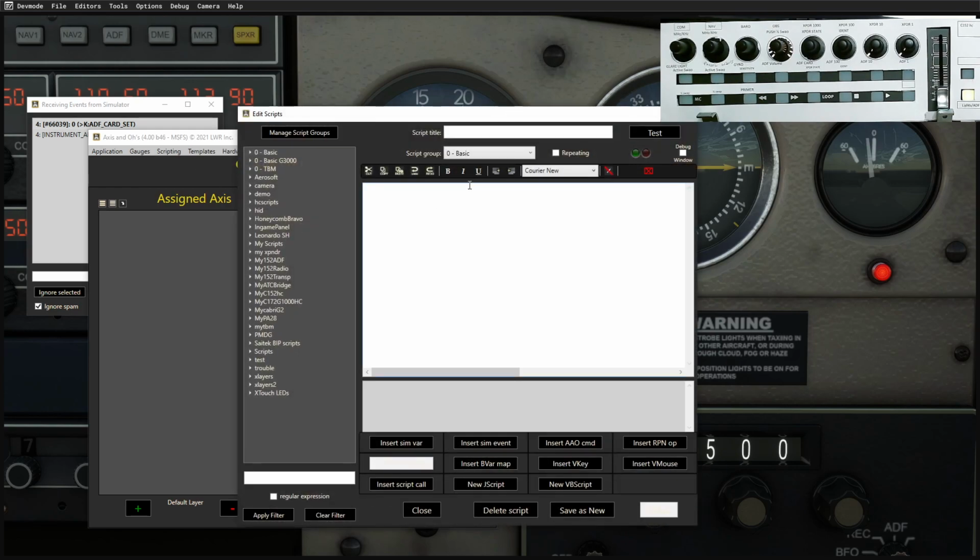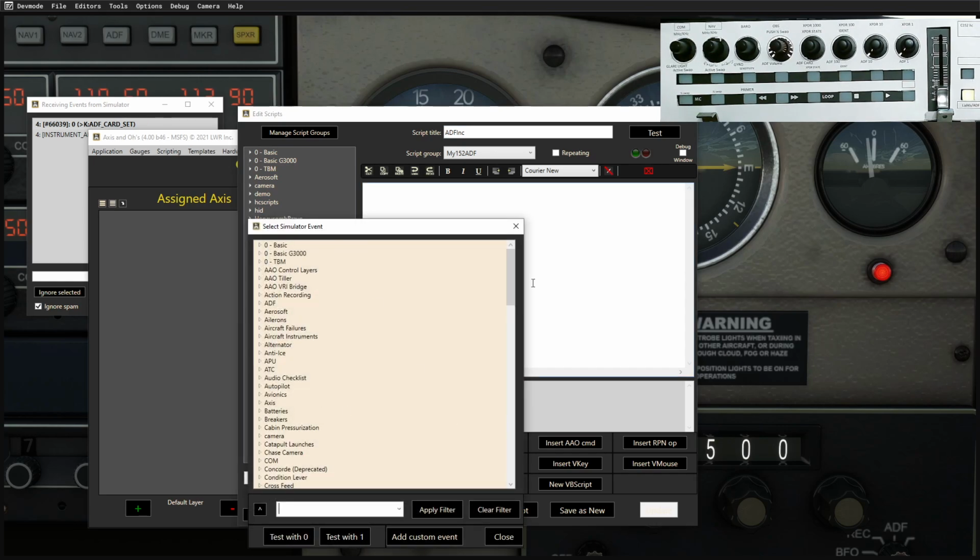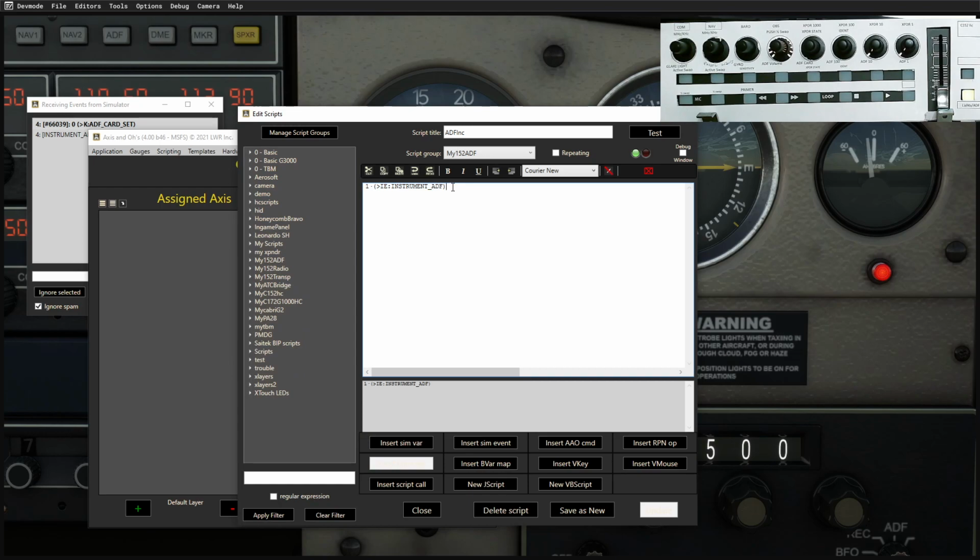So it's into the scripting again, and it's to do with the ADF, so it's in my ADF, and we'll just call it ADF. We'll do the increase one first of all. So again, we need that sim event in, which we'll pick out of these events here, and it's the ADF instrument that we're going to be altering. So if we drop that in there, and then we'll copy that because we're going to need it again in a minute,